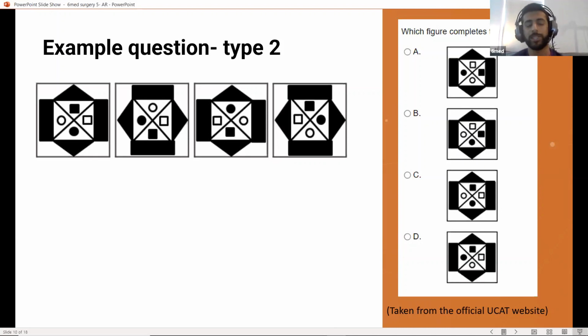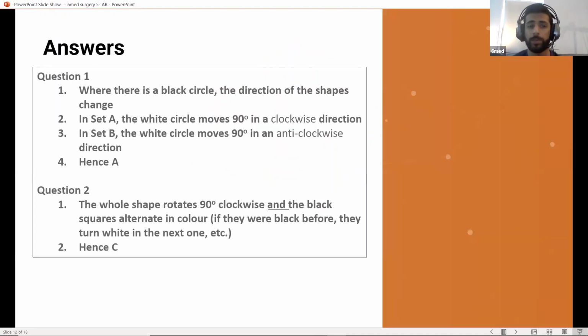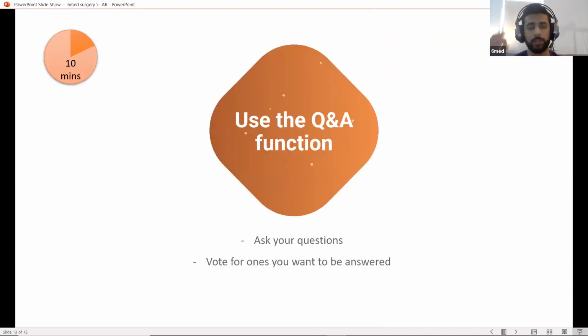But then something seems to be changing with the colors. So then I'll work out what's happening with the colors. And then you have the sequence down. So then what you'd want to do is, instead of looking at the answer options, when it's a sequence one, you want to work out what the next one in the sequence is going to be, and then quickly scan the options and see which one that matches. And that's my approach with that one. So I hope that was useful, because that's my thought process when going through them.